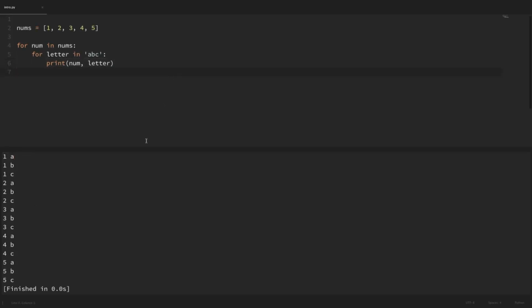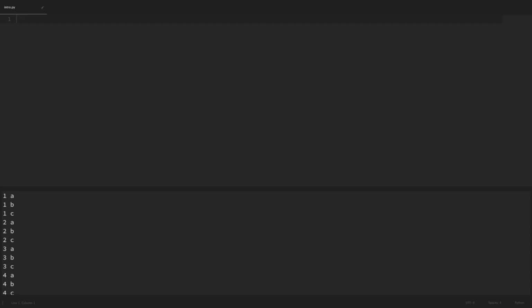Okay, so something that we'll probably run into a lot is that there's going to be times when we just want to go through a loop a certain number of times. And there's a built-in function called range that is really useful for this. So let's say that we wanted to just run through a loop 10 times. To do this, we can just say for i in range(10), and within here, we will just print out i. So now if we run this, then we can see that it just prints out 0 through 9,